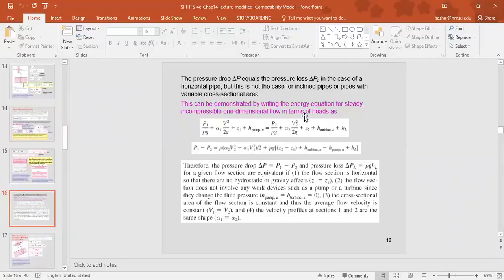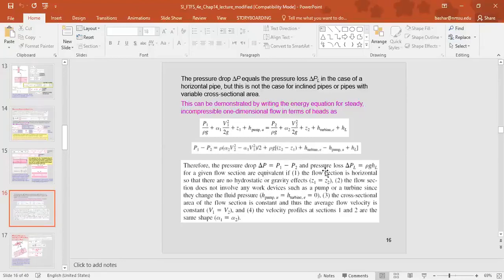Okay, now the question: is the pressure drop equal to the pressure loss, or the pressure drop due to losses? The answer is simple, no, and we will show this. Recall the energy equation from chapter 12. This is one of the forms. So we can check: P1 minus P2 will equal to this, while the delta PL is simply equal to rho g times hL. So they're not equal. The pressure loss equals rho g hL, while the pressure drop equals all